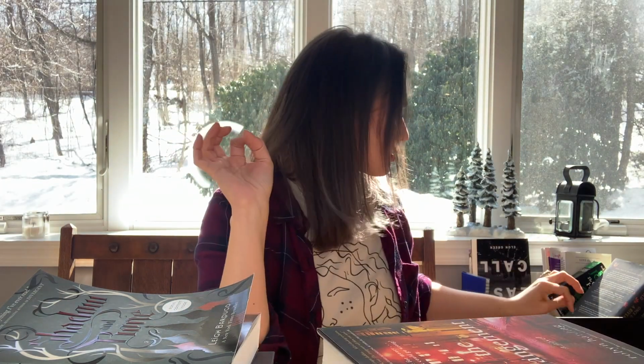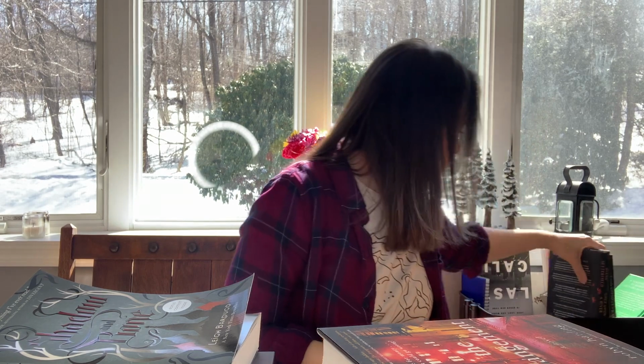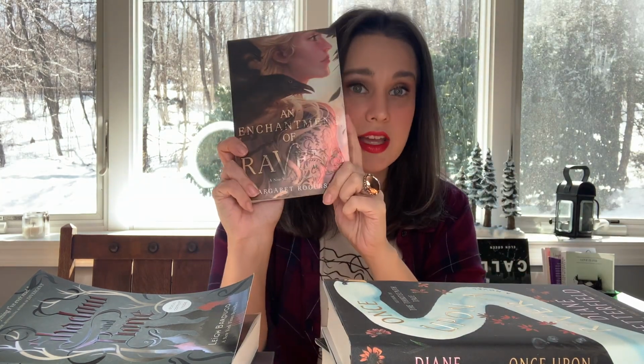And then I just have some hopefuls. I have 2 hopefuls, which if I don't get to them, I don't get to them. One is Once Upon a River, which again, I'm going to be buddy reading with people if we can squeeze it in, because we all have a lot of books this month. And an Enchantment